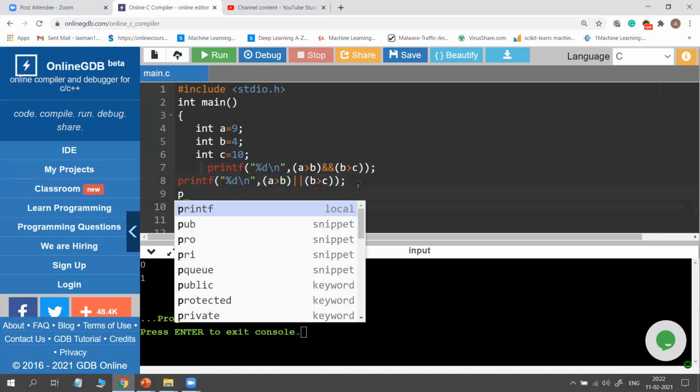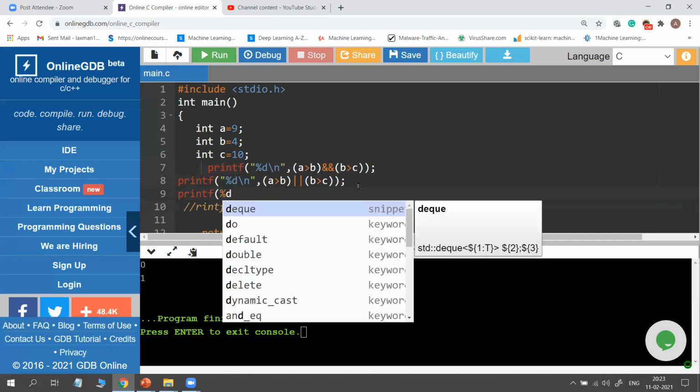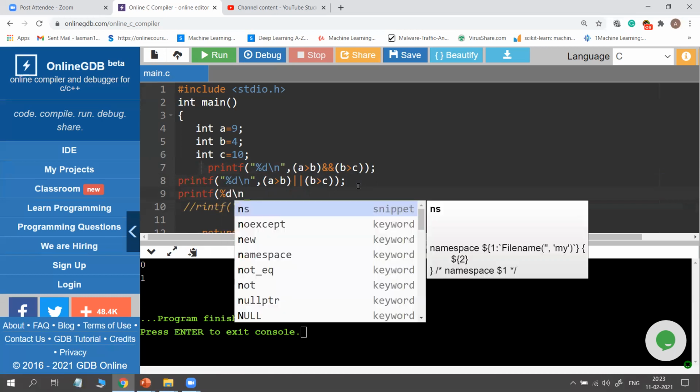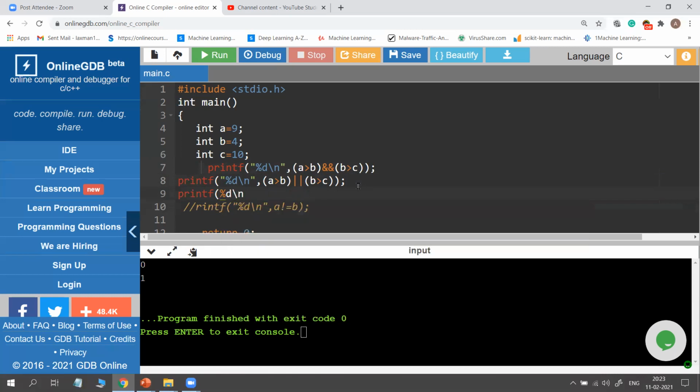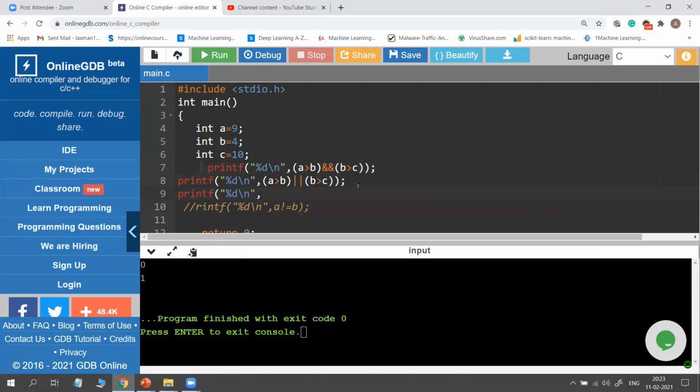For example, printf, I'm using percentage d slash n. Okay, I forgot the double quotes, percentage d slash n comma.